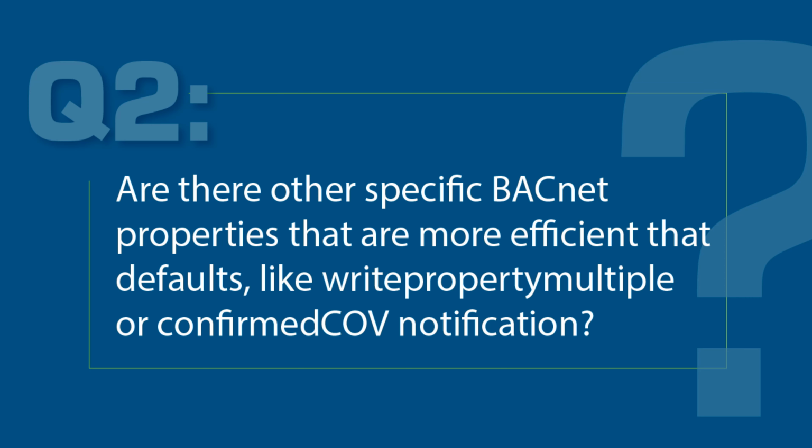Second question, I guess this is sort of related. Now we've talked about COVs. Are there other specific, I'm hoping objects is the right term, specific objects that are more efficient than default? What I'm thinking here are schedule objects, calendar objects, advanced service requests that are just not your general read and write requests. Are there, beyond COV, other ones that users may not be familiar with, or they should go looking to just see if they're turned on?